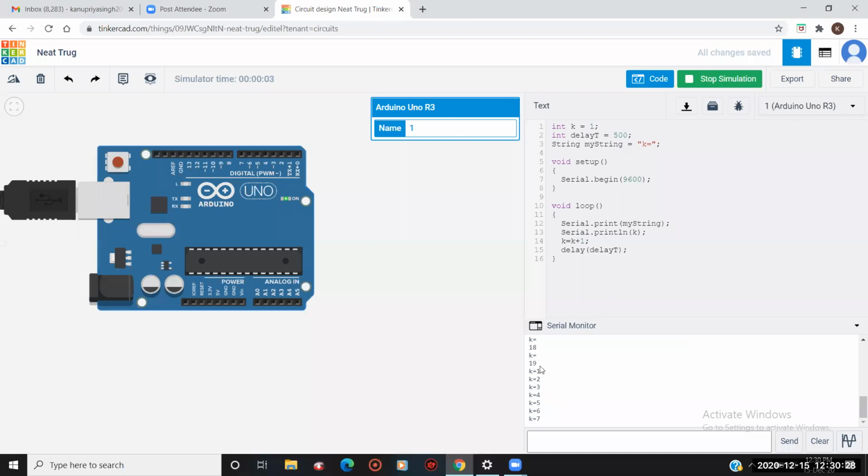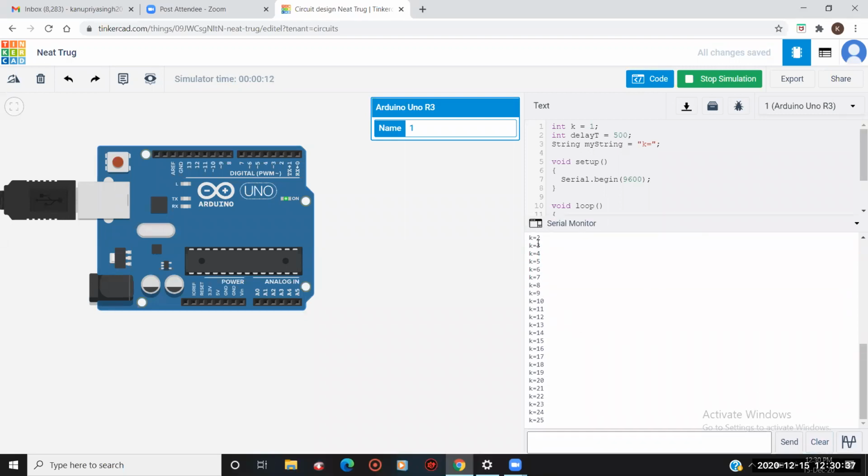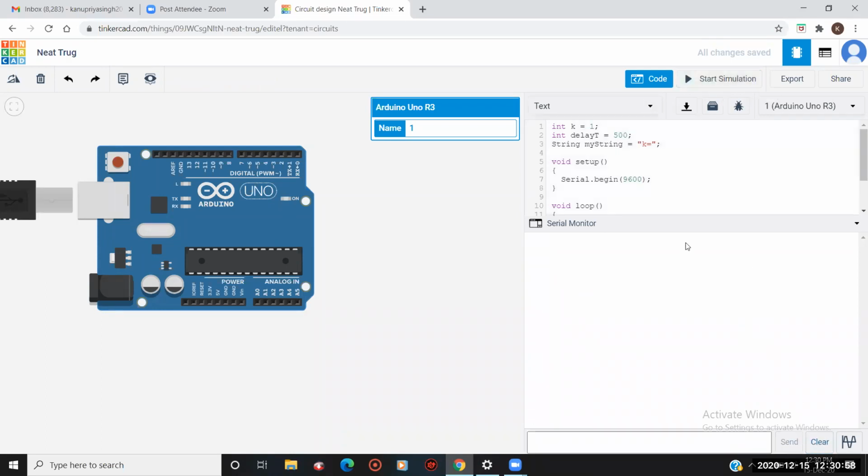You can see that it is printing the values k equals to 1, k equals to 2. You guys are able to see it on the serial monitor, right? See, k equals to 1, k equals to 2, k equals to 3. Now it seems very correct, and it is looking very clear that we are assigning different values after each and every line. Okay, so here we have done a very great job, guys. Keep it up, guys. Now you just have to write it down in your notebook.